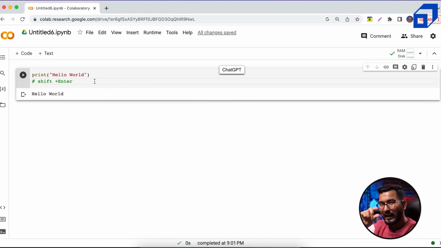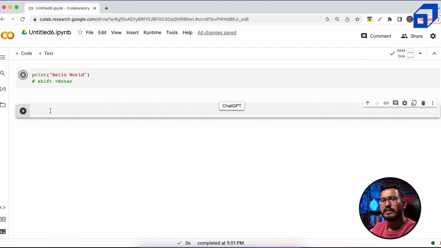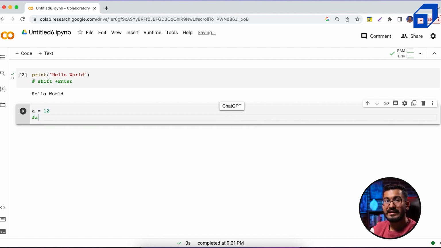So this particular line is known as a code cell where we can input our code, where we can write our code. Now the next thing is, let's try to create variables. So a is equal to 12. Now here please remember one thing, that this equal to sign is known as assignment. So I'll keep on writing the text to basically note down every point. So is equal to means assignment. So here what we are trying to do, we are trying to assign the value 12 to the variable